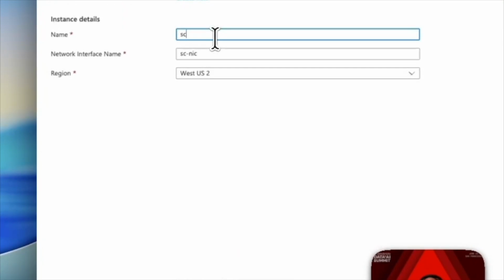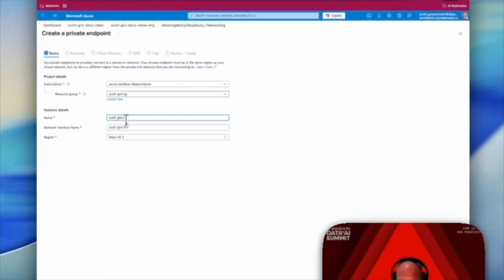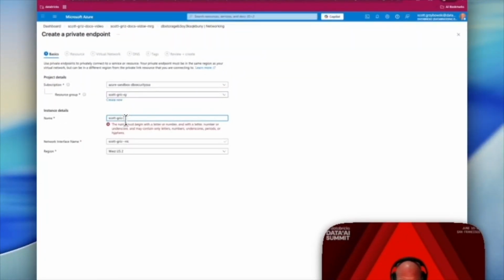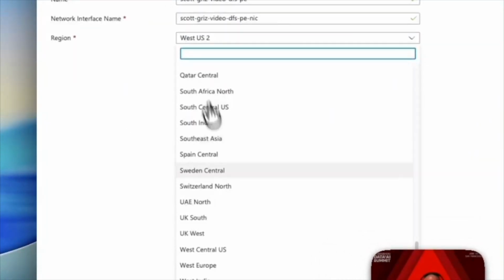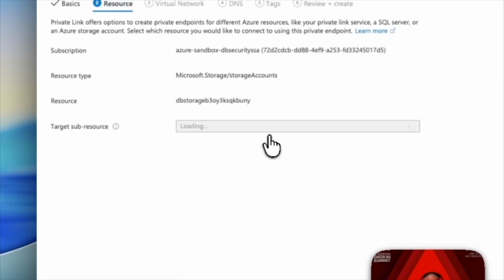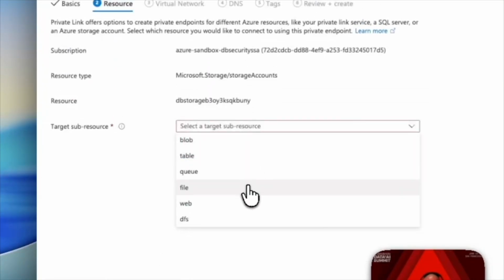I want to give this a name. I'm going to pick my Scott Grizz dash, we could just call this video dash DFS dash PE, private endpoint. Pick the same region. Makes sense, right? Going to put in that region. Next resource will be DFS, as we mentioned,